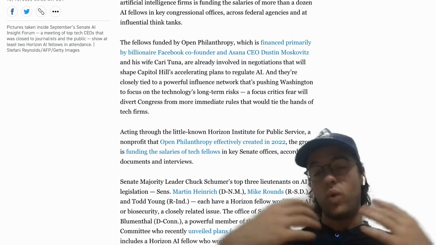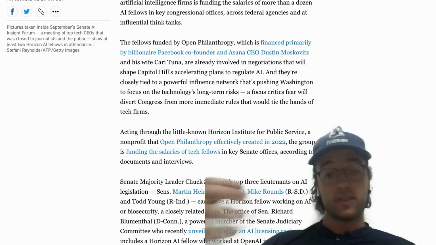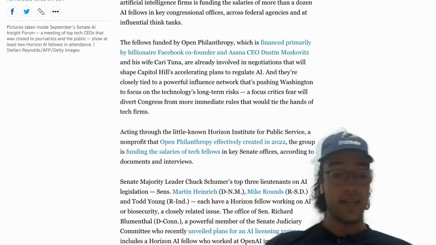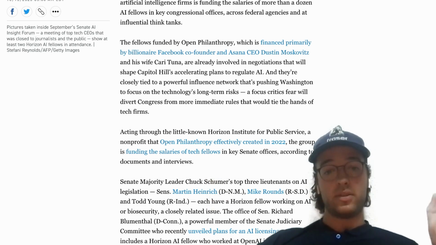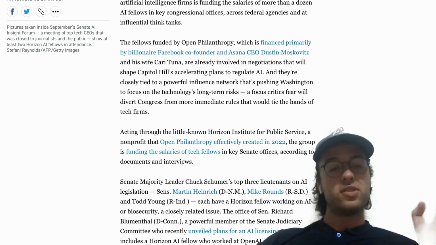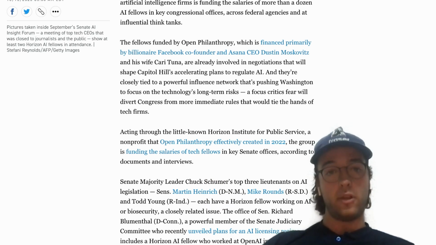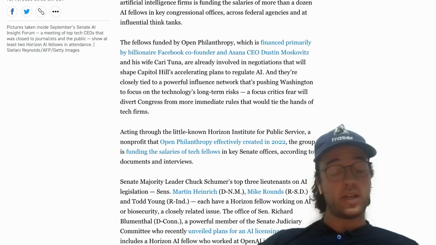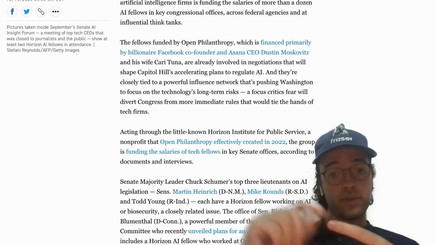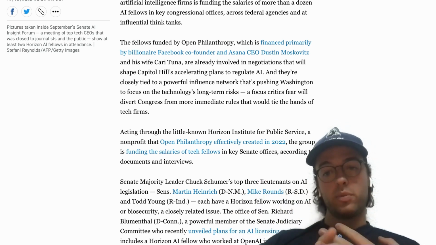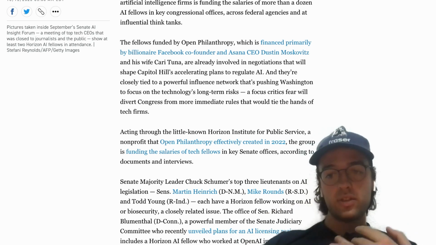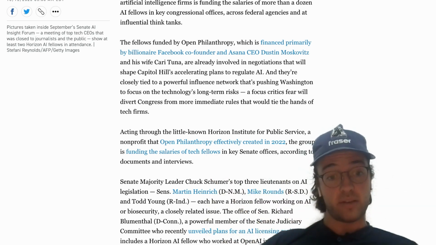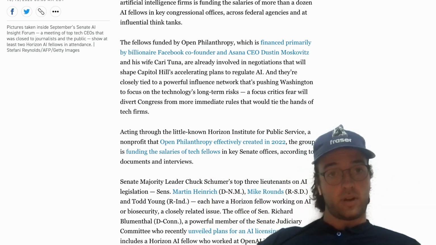Long-termism is basically looking way down the road about the existential risks of AI to humanity, like literally AI apocalypse, AI killing us all, AI enslaving us all, etc. This think tank, Open Philanthropy, is steering policy towards long-term risks. The network is facilitated by Horizon Institute for Public Service and has a significant presence in Senate offices, federal departments, multiple crucial committees, and shapes AI regulations and diverts focus from immediate tech firm regulations, which critics argue could be